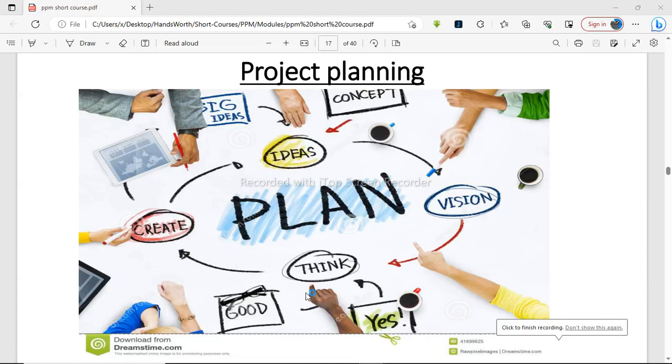Let me say, in our previous classes, since we've already had two: the first one, of course, was the introduction, and in the second one we defined what project management is, and then we also looked at what a project is. Now today I want us to continue, and we will start by looking at what is known as project planning,